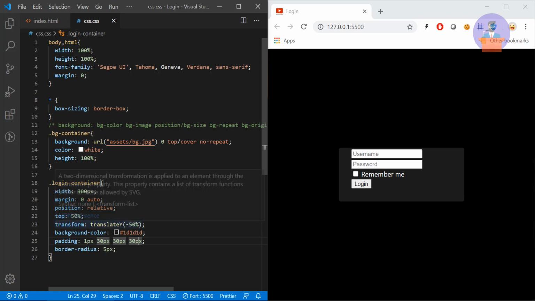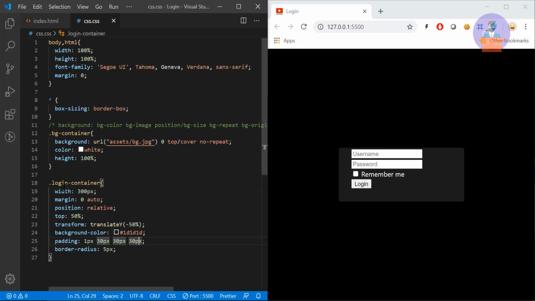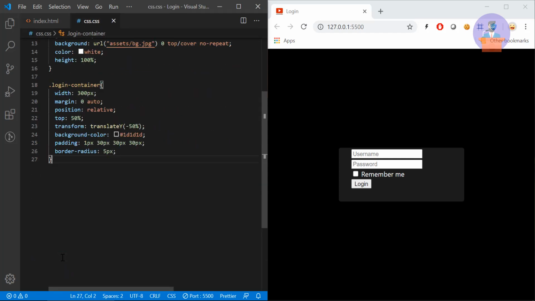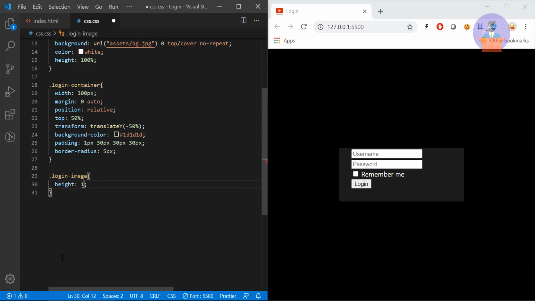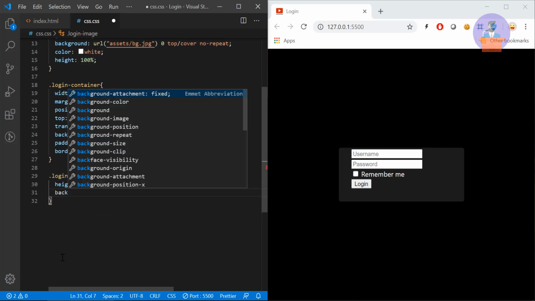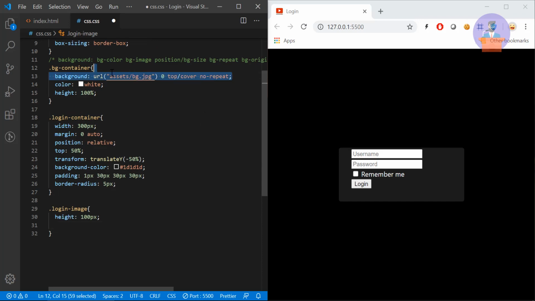Now let's provide CSS to this login image. So I'm just going to copy this one and paste it down here, and I will provide height as 100 pixels, and I will use the background property. So I'm just going to copy this one and I will update it.